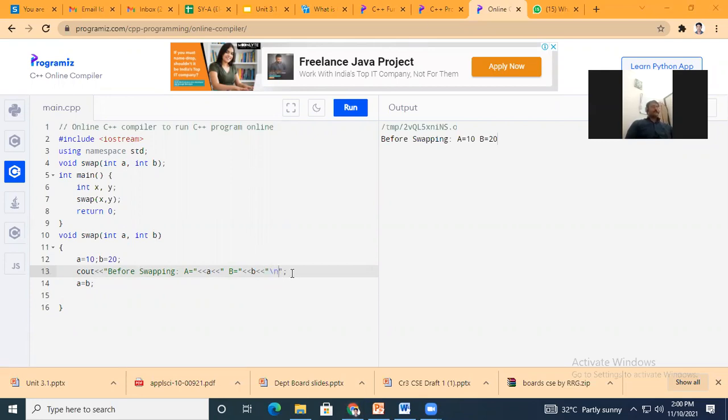Okay, I will check this. I will print cout the value of a is equal to, and a is equal to what? The value in a variable.